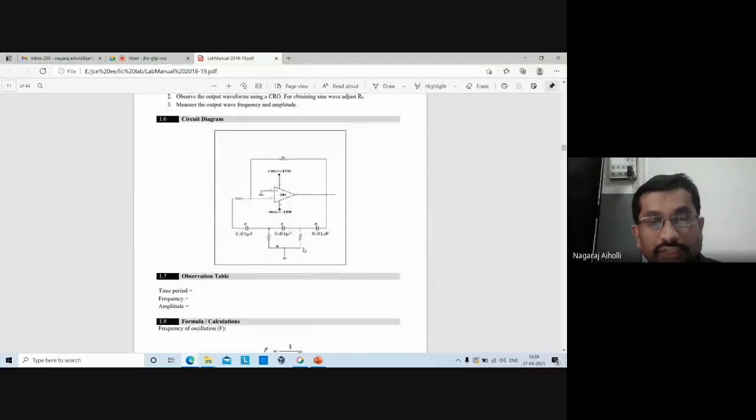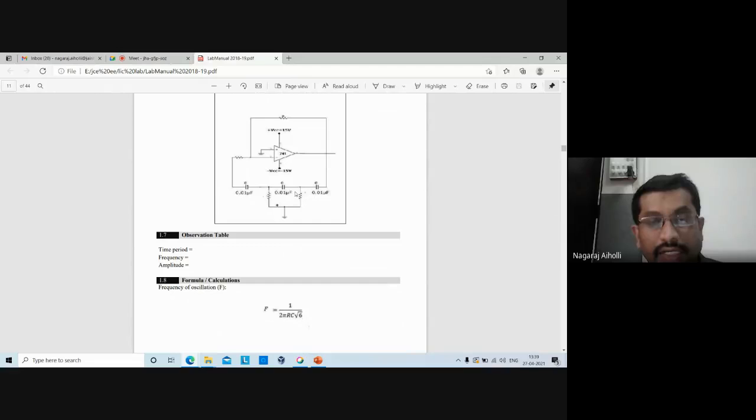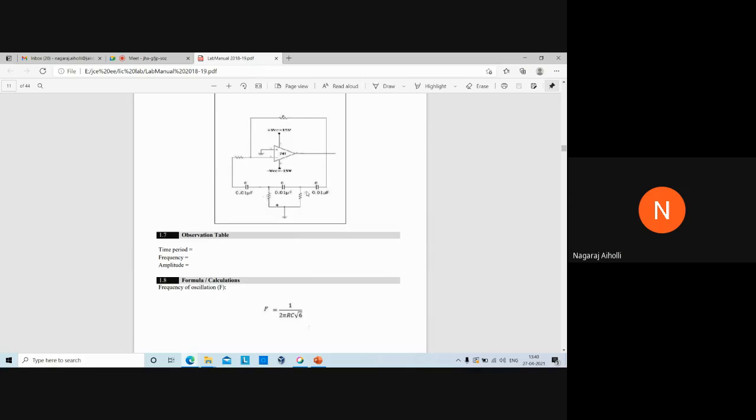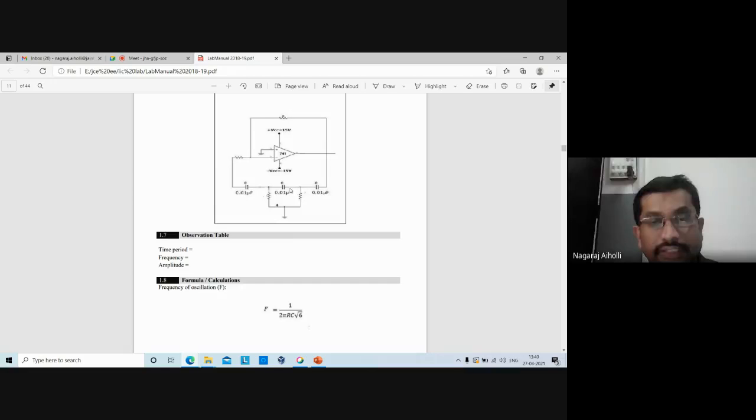So this is the oscillator circuit, the RC phase shift oscillator. As we are using R and C components, this is what we call a tank circuit, the RC circuit. Each RC network produces a 60-degree phase shift. This RC produces 60 degrees, this RC produces 60 degrees, this RC produces 60 degrees. So overall the feedback network produces a 180-degree phase shift.